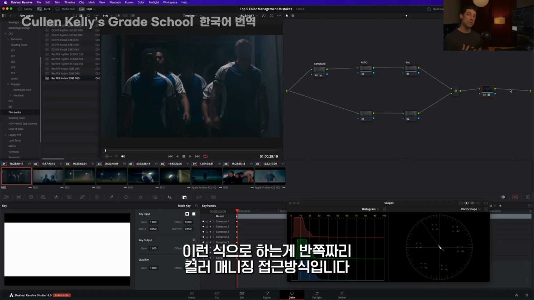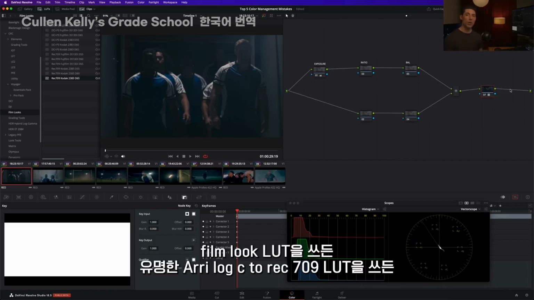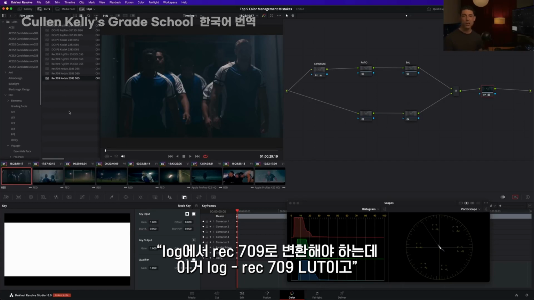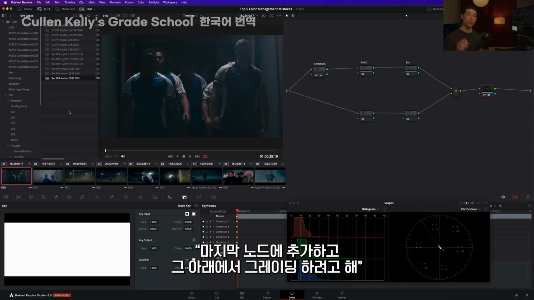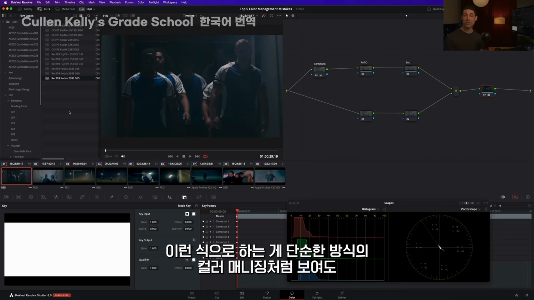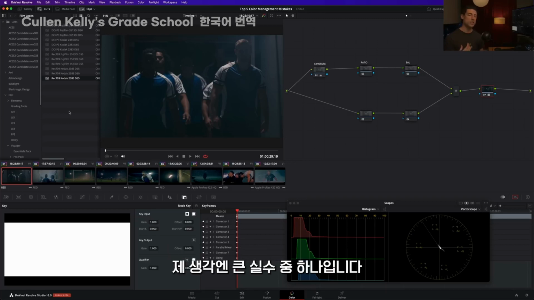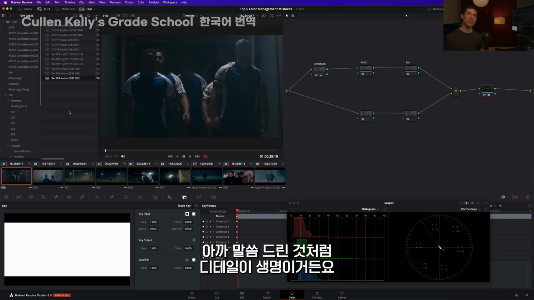So using this sort of semi-color managed approach, whether you're talking about using a film looks LUT or maybe the very popular ARRI log C to Rec. 709 LUT, and saying, hey, it's a log to Rec. 709 LUT. I need to go from log to Rec. 709, and I've seen this LUT produce good results in the past. So I'm going to apply that at the end of my chain and grade underneath it. And in doing so, get a kind of simple form of color management. It's another huge mistake that I see when it comes to color management, because the devil is in the details,